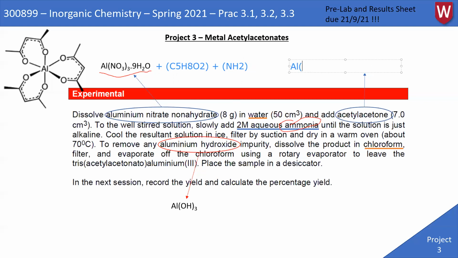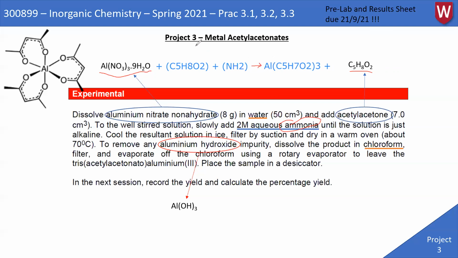aluminium C5H8O2, and three of them, right? So the C5H8O2 is just ACAC. In fact, that's going to be 7 because it's deprotonated. And so the C5H7 or H8, depending on whether it's deprotonated, O2 is our ACAC ligand. So the product is aluminium ACAC 3. Plus, we're going to have some byproducts, no doubt. Okay, and then we'll put a little